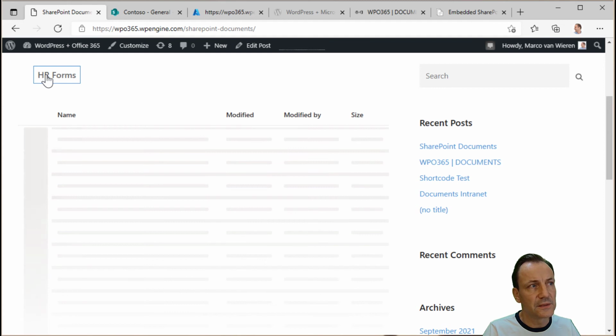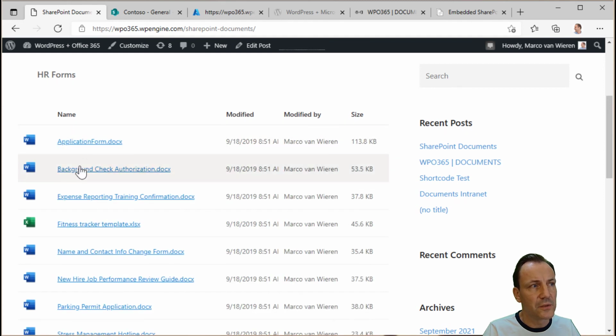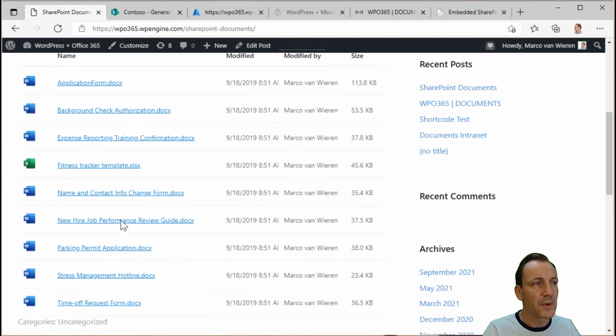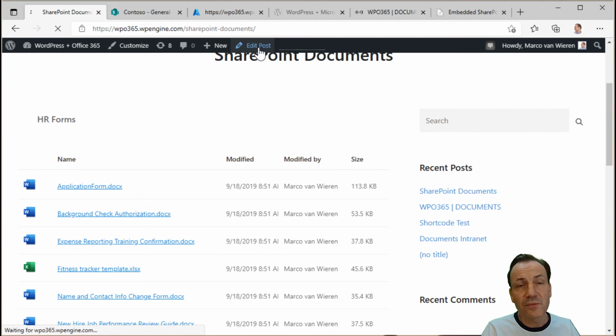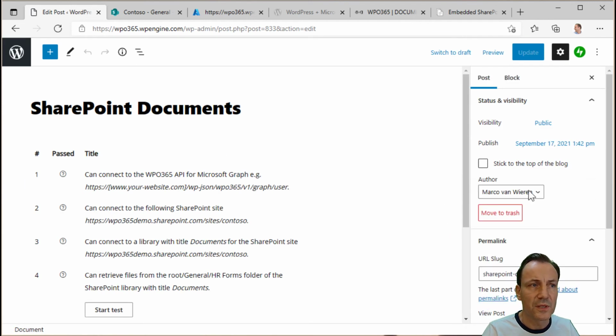And I see that here is the name already, okay. And yes, at this moment in time, I see only the content of this specific folder. So that's a good thing. That's exactly what I wanted. Happy with that. Let's have a very quick look at the rest of the configuration options that I would have